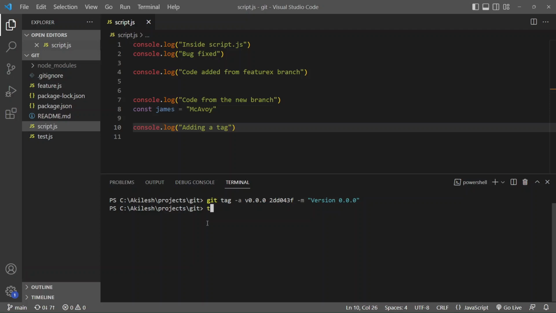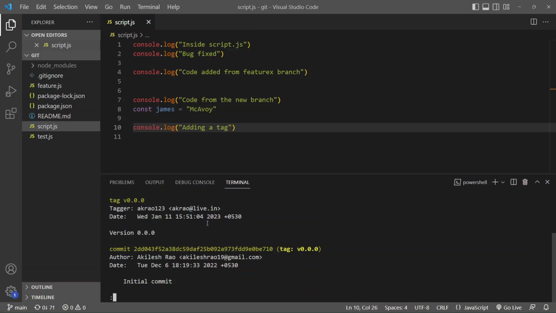Let me once again check whether this tag is added to the list. So git tag. Yep. And if I do git show 0.0.0, yeah, I have this annotated tag here. So this basically means that you can create tags for your older commits as well. So for some reason, if you have accidentally skipped tagging a commit, you can go back and do it at